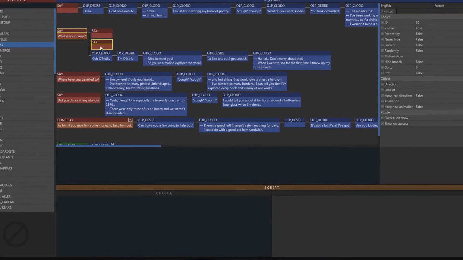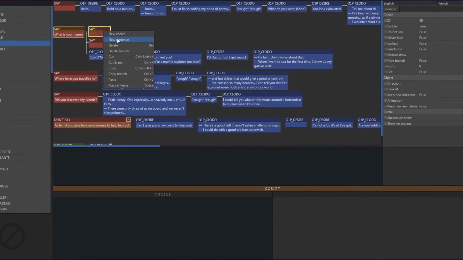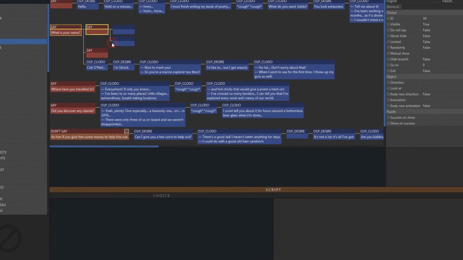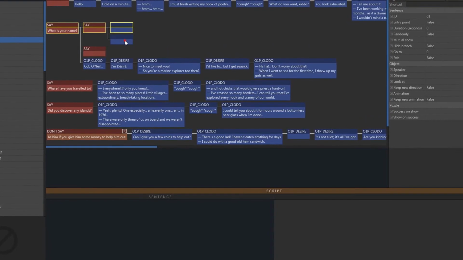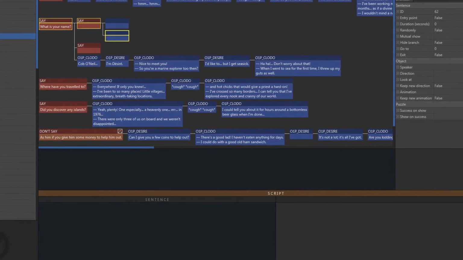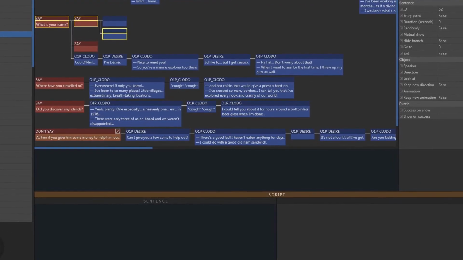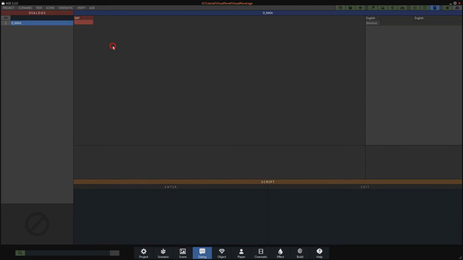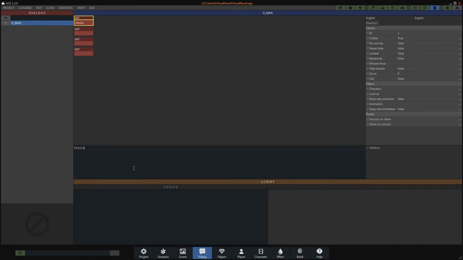The goal of this tutorial is not to explain in detail the use of the dialogue editor. There would be a lot to explain, and it would require a tutorial entirely devoted to this topic. I'll show you the basics. Let's start by adding 4 choices to the root of the conversation like this. Then by clicking on a choice, you can add connected boxes and build your replica tree.